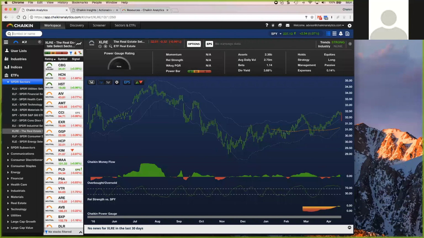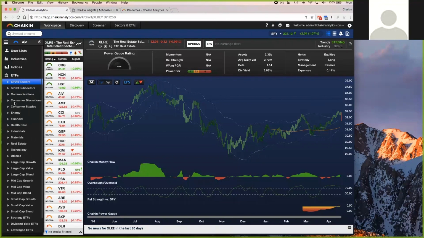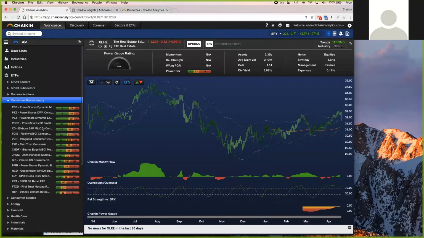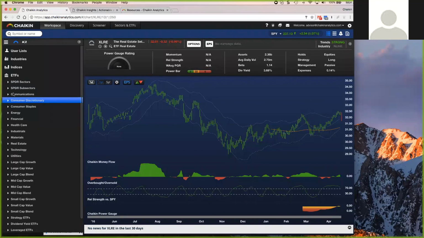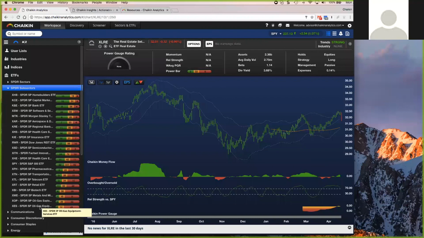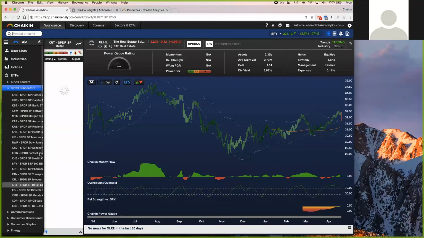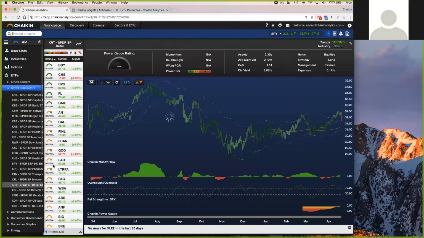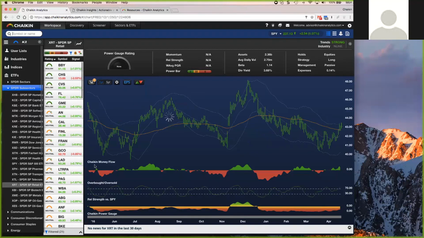Steve, is there any index following just big box retail and just one for specialty retail? If there was, I can't think of one off the top of my head. However, where would we go? Consumer discretionary, if I'm not mistaken. Trying to find. So I'll start with this. There's the retail ETF. Or subsector. So you have the XRT, which is, I know, not what you're looking for. It sounds like you're looking for something a little more specific, Steve. But I'm going to start with the XRT, so the retail ETF.